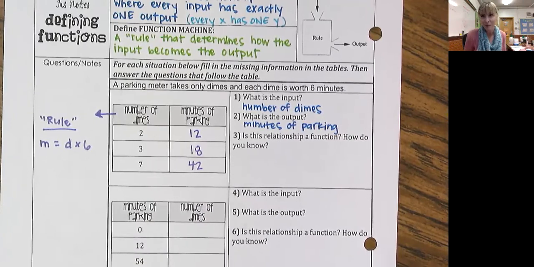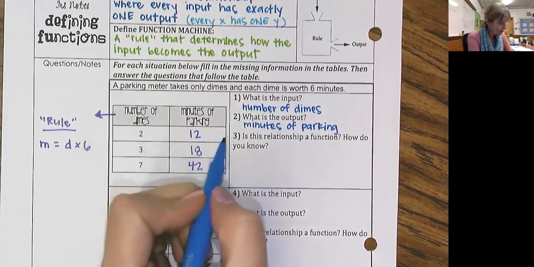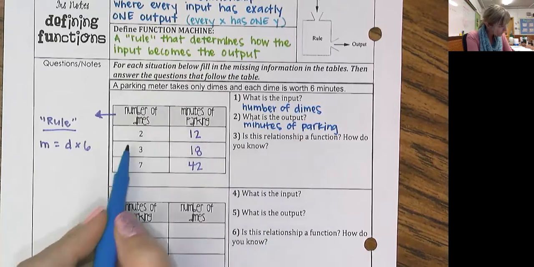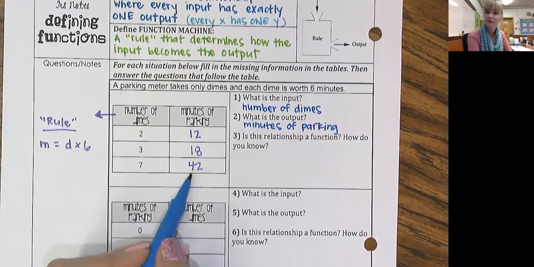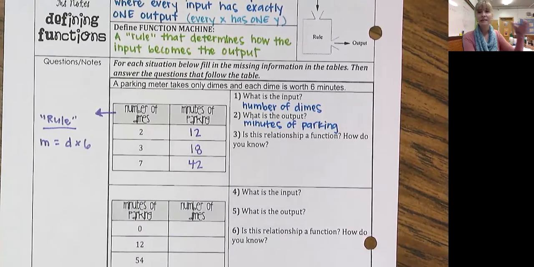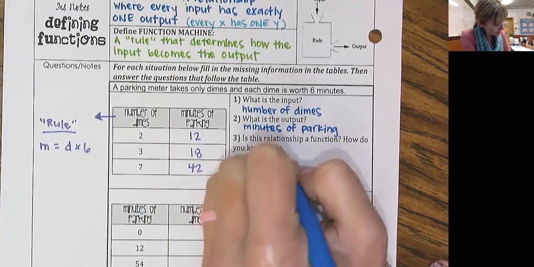No, that would really make people mad if that's how it worked, right? When you input 2 dimes, you get 12 minutes of parking. When you input 3 dimes, you get 18 minutes of parking. When you input 7 dimes, you get 42 minutes of parking. You're never going to input 7 dimes and get some other output because, yes, we're going to word it like